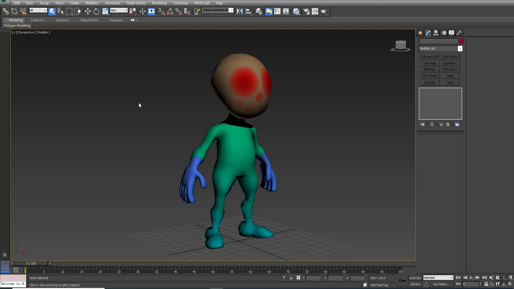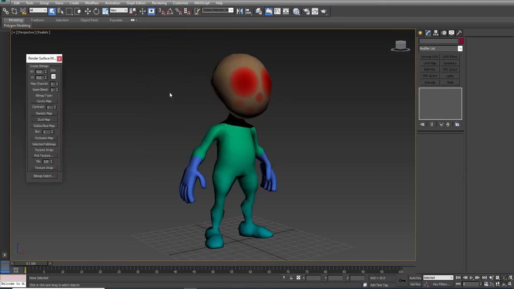This tutorial is a follow-up to the one that I did on Viewport Canvas. What I'm going to do now is use some tools inside 3ds Max and Photoshop in order to create some of the additional maps that are used on a character. Let's see, to start with, I'm going to come in here and do rendering,